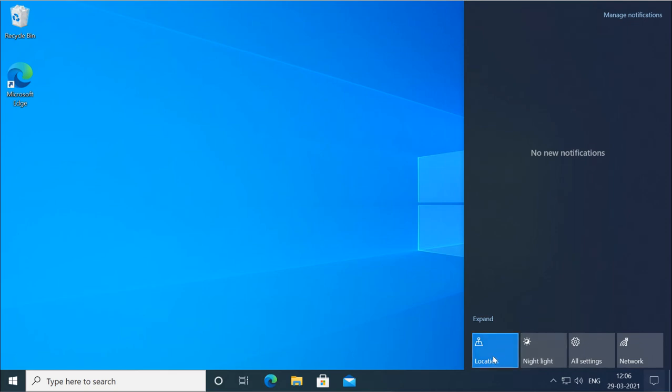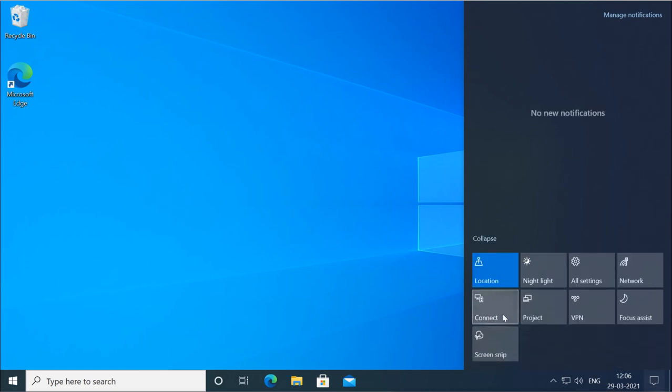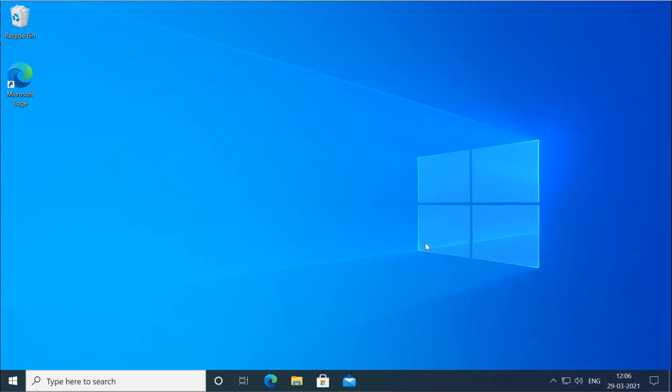You can enable and disable locations, and there are other features. You can expand it, and you can see other features also. So this is the improved Action Center.